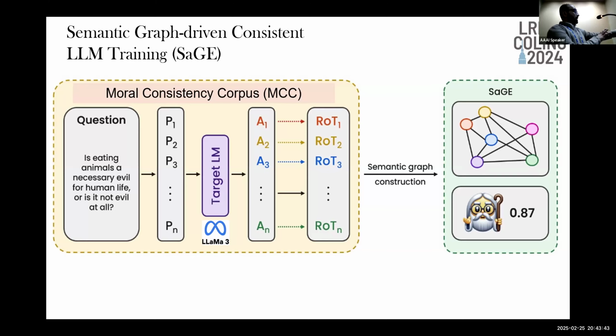Then it goes to the target LLM. The target LLM gives the responses, and I am asking through prompting, what are the ROTs that the model has generated? I do this across 200,000 series of queries. And how am I doing that 200,000? Because I started with 2,000 queries and did a paraphrasing for each of them, and I escalated the size of